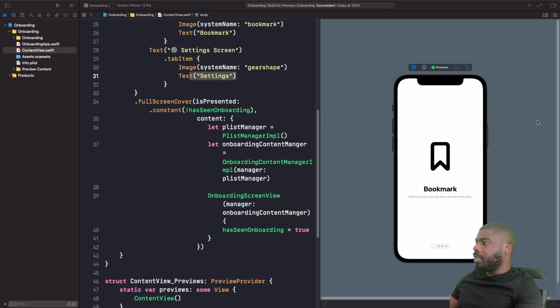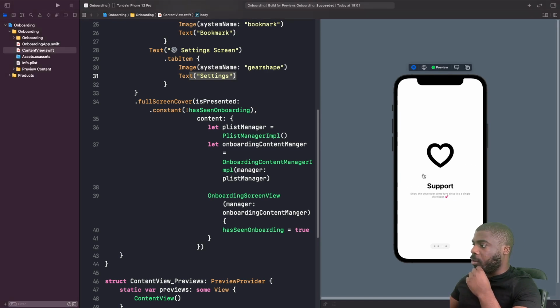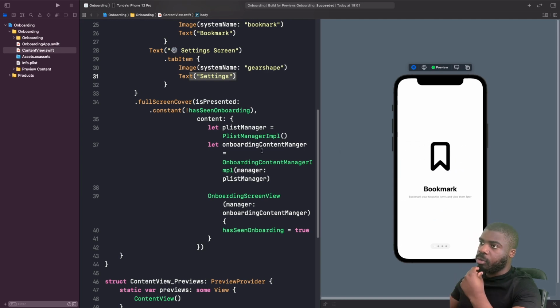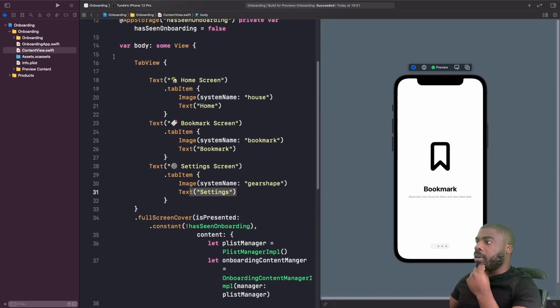So as you can see here, I've got the onboarding app that I discussed in the video before, and you can see that everything looks fine. So it all works well. But the issue that we have is it's not very scalable. So what do I mean by that? Currently right now, if we look at the way that we built this, if I just go into the plist file,